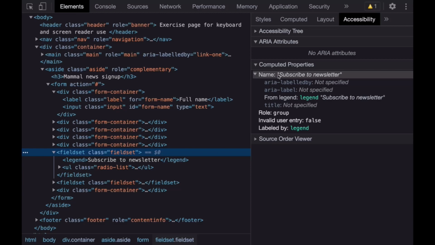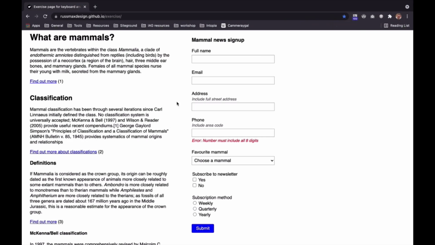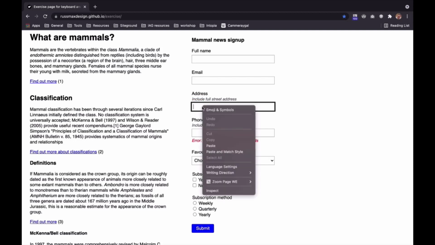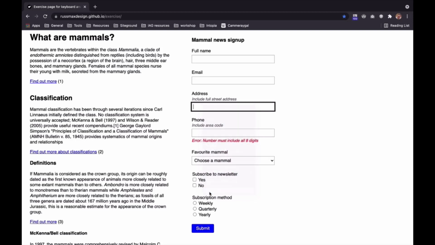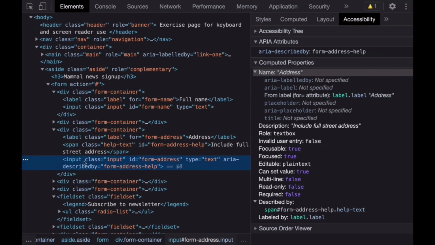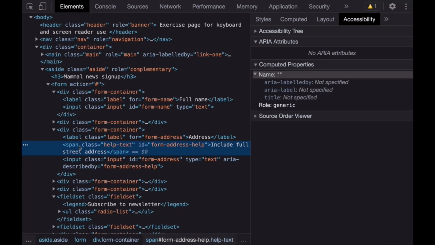Okay, so there we have a name of subscribe to newsletter. Okay, what about something like the address? What if we want to know whether the instructions are actually being explicitly associated and therefore announced with this element? What we can do is click on the input, right click and go inspect element again. And here we have the input, and as we saw before, the help text is actually nicely associated with that element.